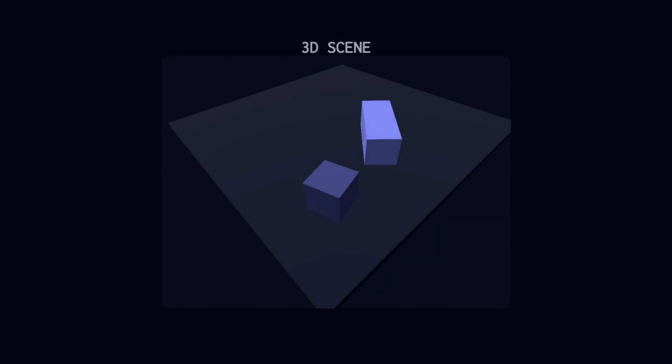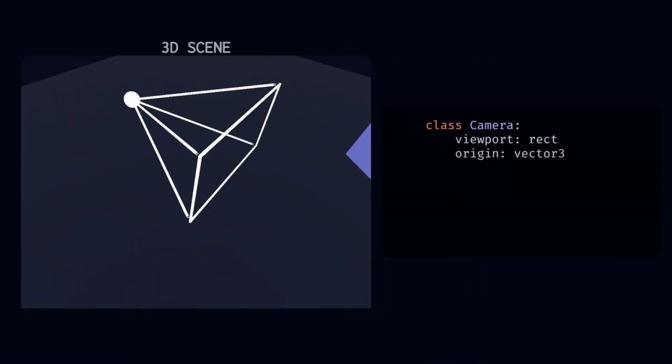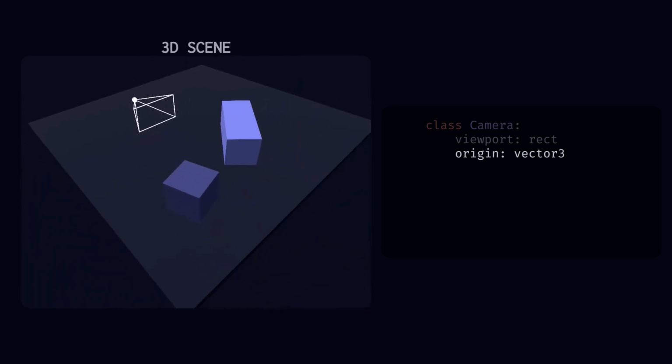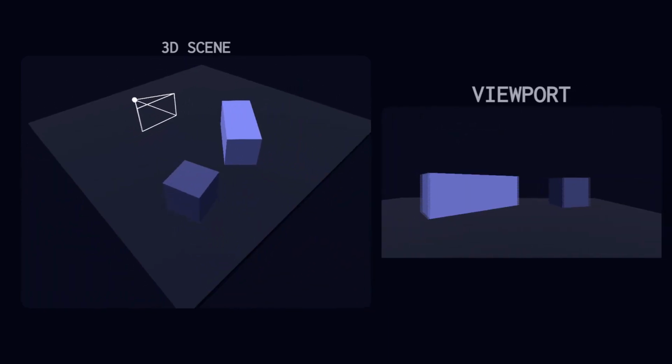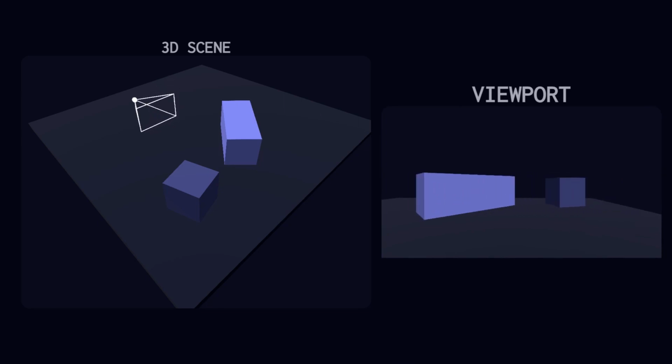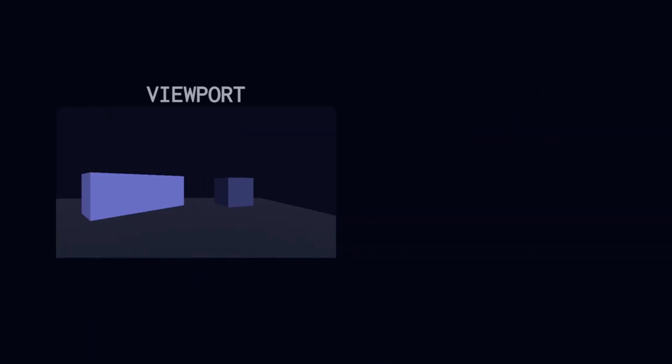The first baby step involves creating a camera to cast those rays. What's the main idea behind this concept? You have a rectangle which represents your viewport and a point camera origin. The viewport is just like the window through which you're peering into a 3D world. Of course, now this window needs to have some kind of dimensions, so for its size I will choose some